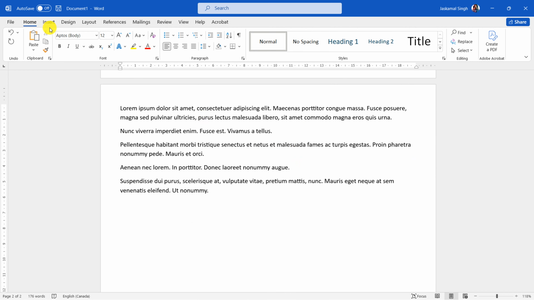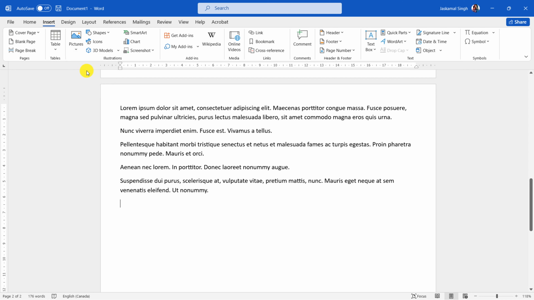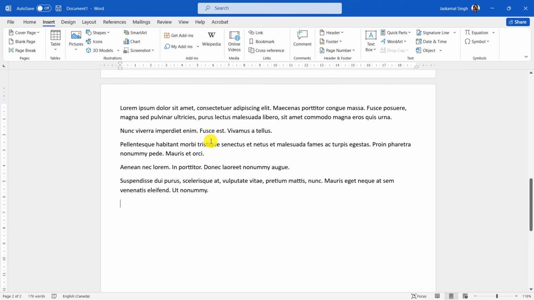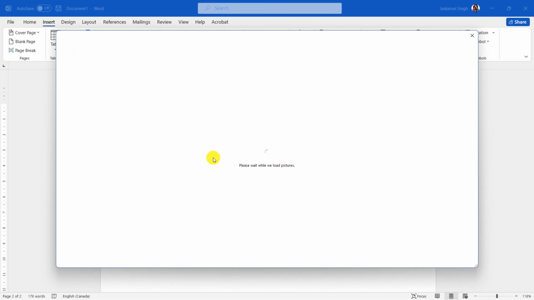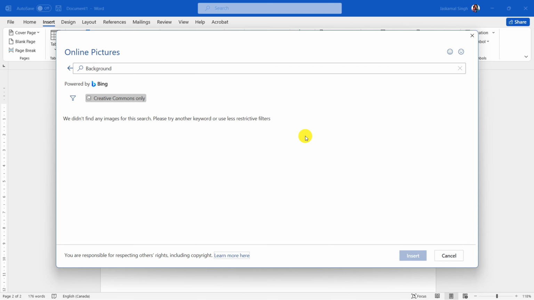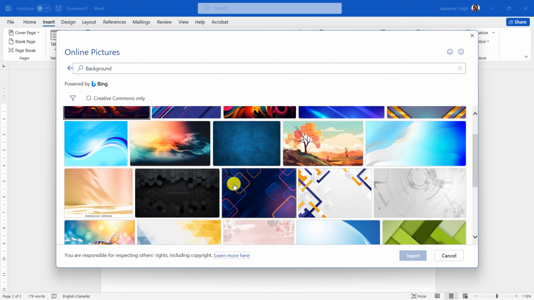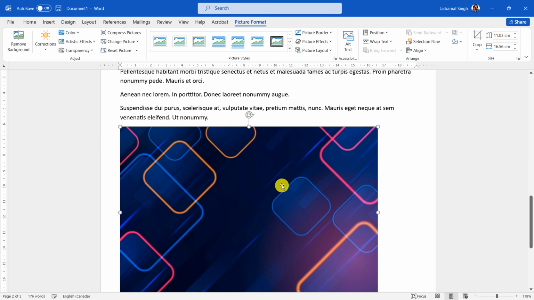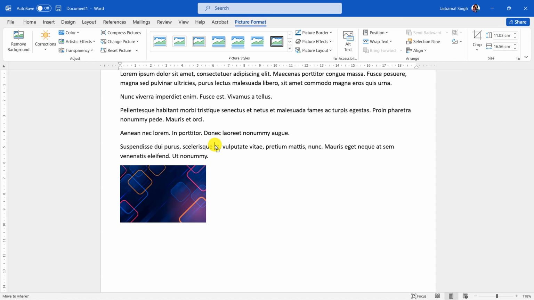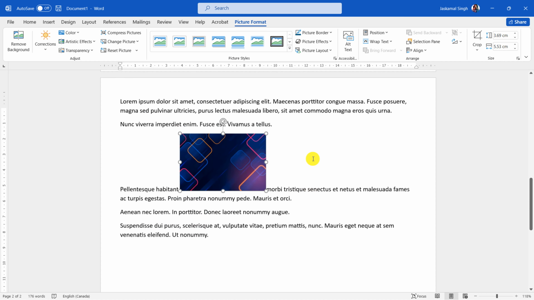Now, if I go ahead and insert an image, again, the process for inserting an image was covered in the last video. If you don't know about that, please refer to the video and you will see how to insert an image from an online or an offline source. We're just gonna go with the online pictures right now, and let's take a background section, right? There we go. Now you can go ahead, choose an image, insert it. Once I lower the size,